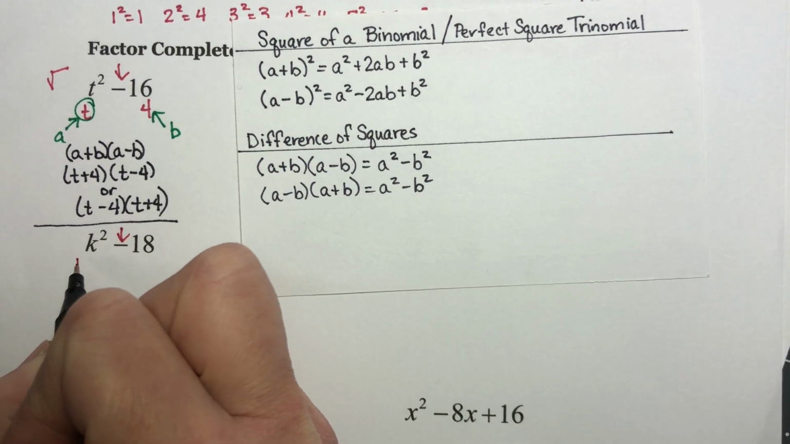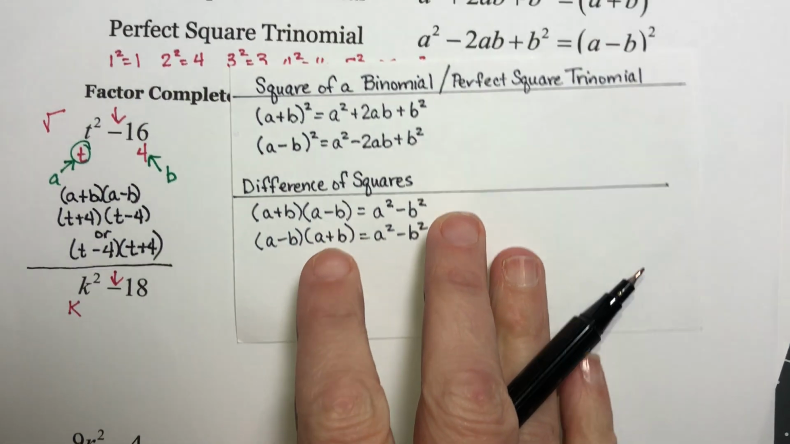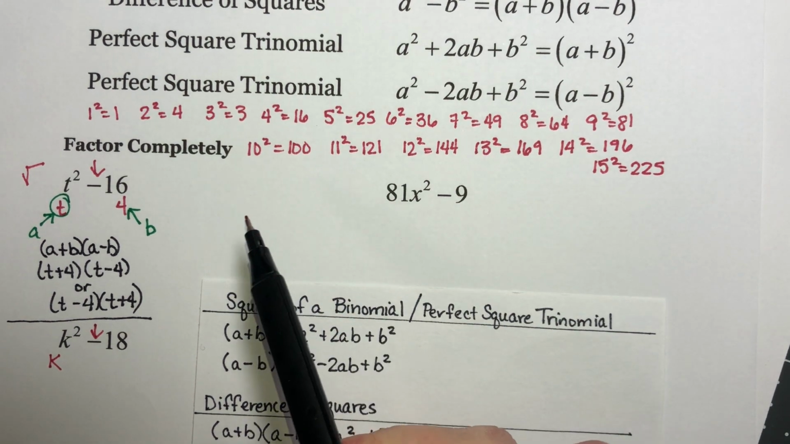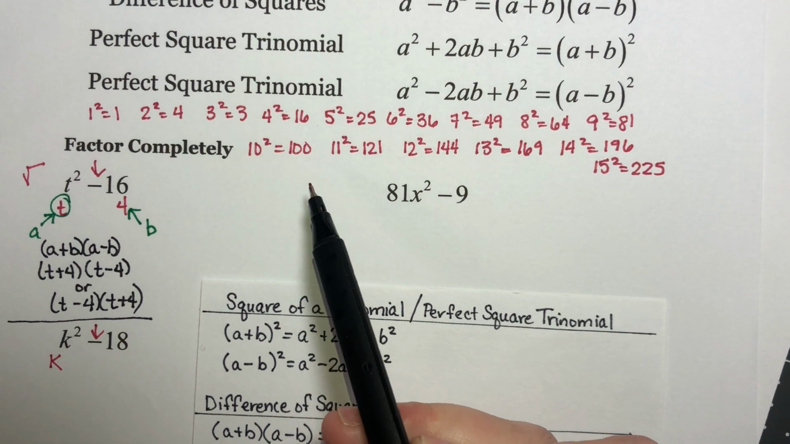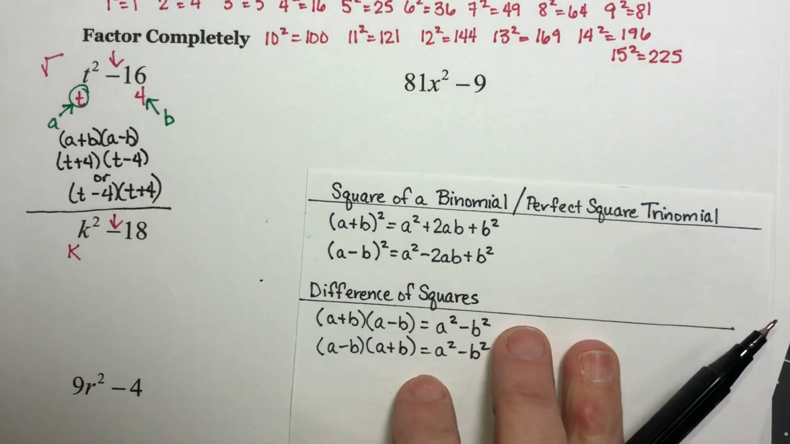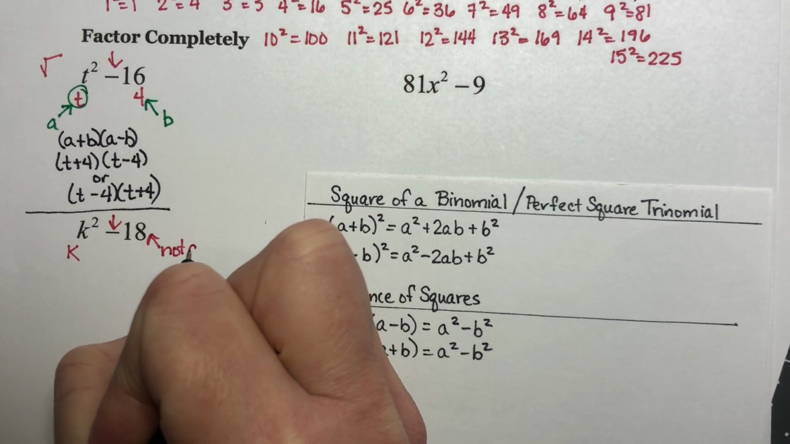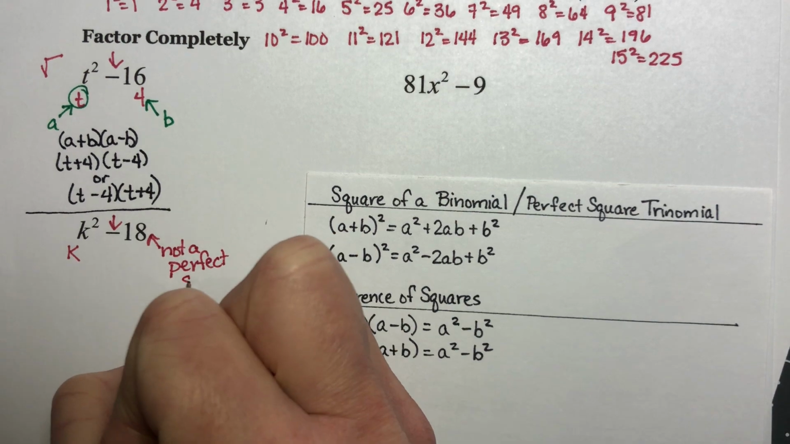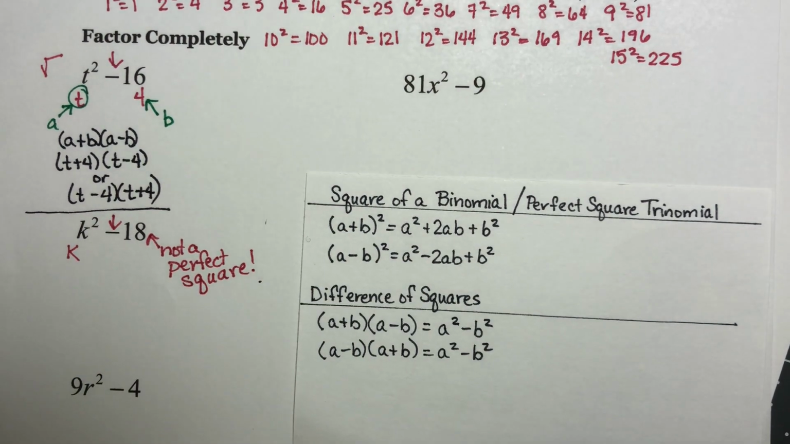K squared, obviously, is a perfect square. Now 18. Let's look at these. 18 is between 16 and 25. This is 4 squared, this is 5 squared, there's nothing between those. So 18 is not a perfect square. Okay. So that means